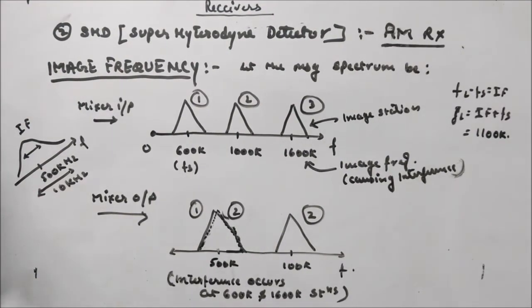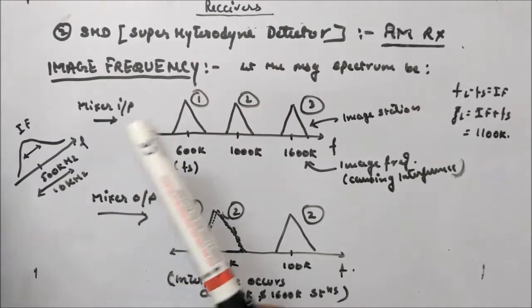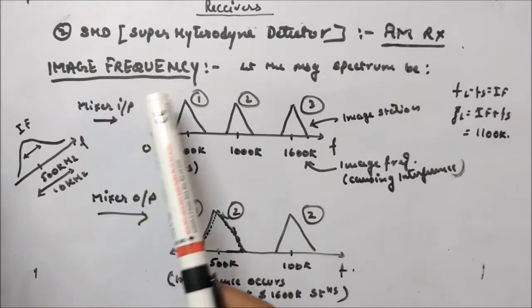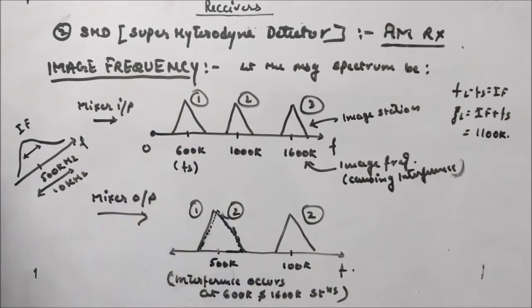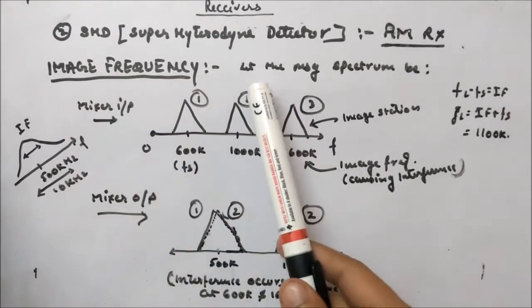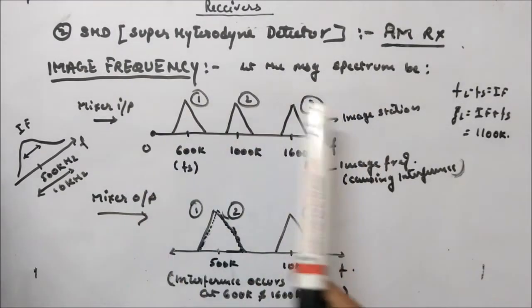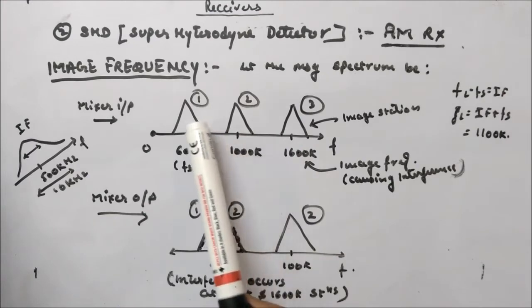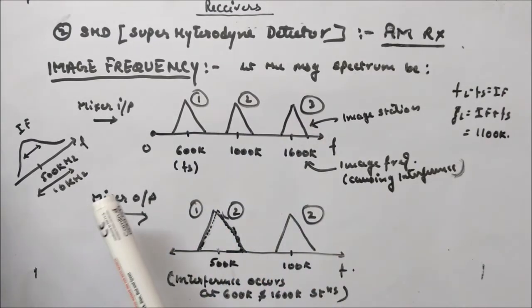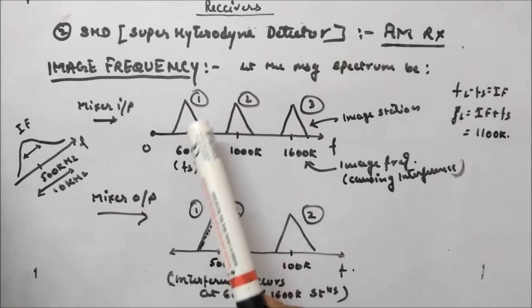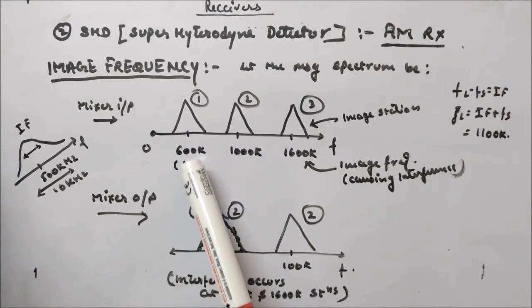Let's see about the image frequency. This concept is very important. So what happens, let's say your mixer input is the message spectrum, which looks like this, and this is message 1, 2 and 3. Now let's say your receiver is tuned to this frequency, which means 600 kilohertz, which is fs equal to 600